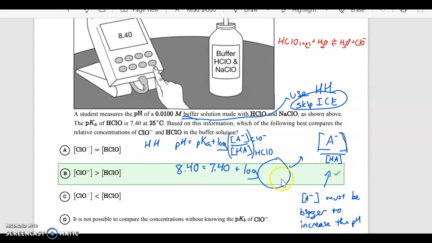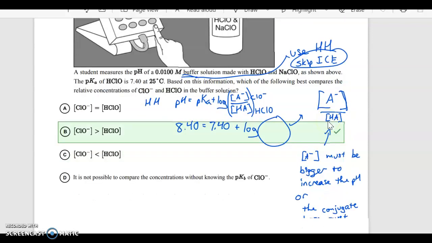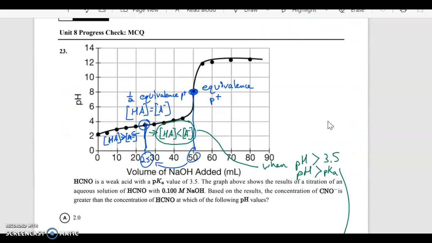And so in order to make this equation work out the way it should, this number needs to be greater than 1. But you can also reason that if it's more basic, you have more of the base part in there, and then less of the acid part, or the conjugate acid, and more of the conjugate base. Okay. So, anywho,